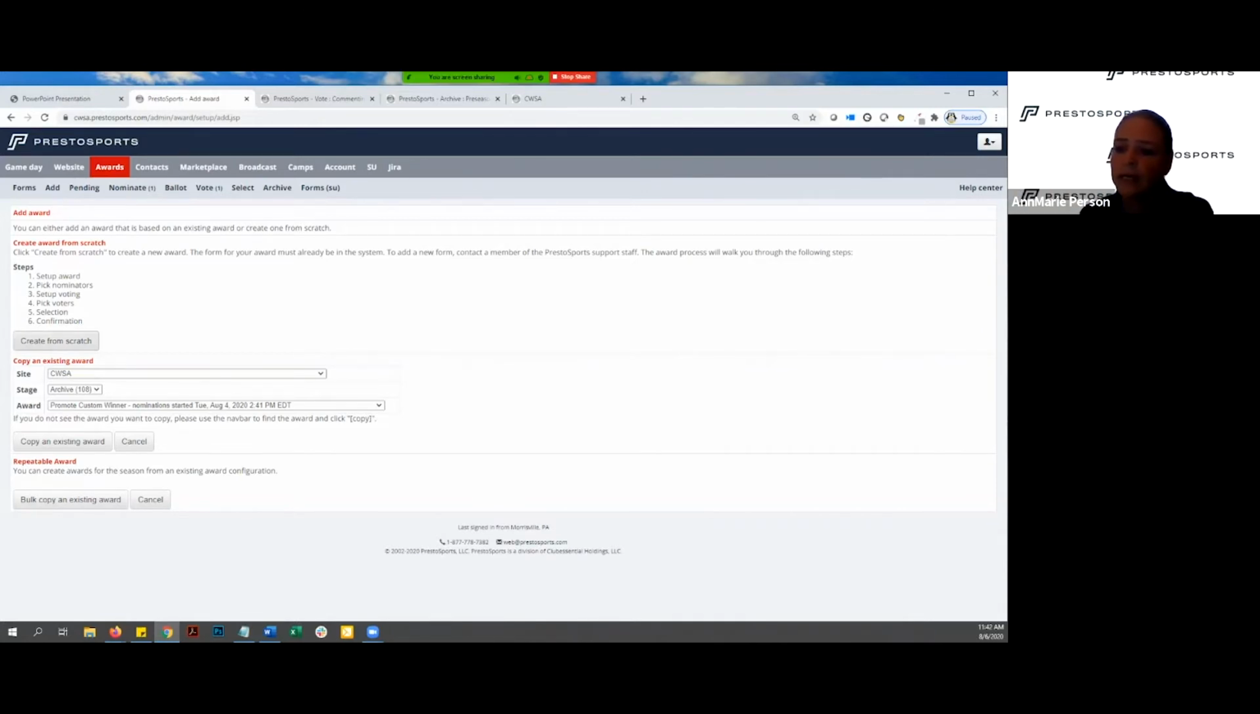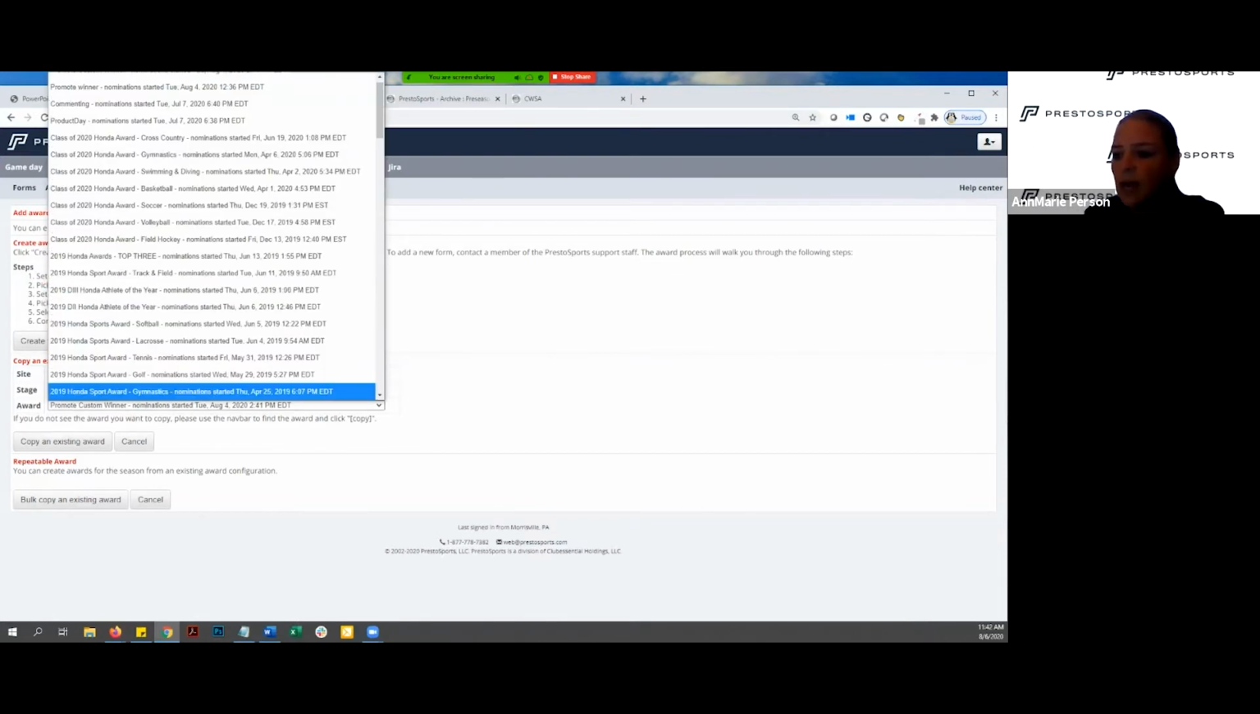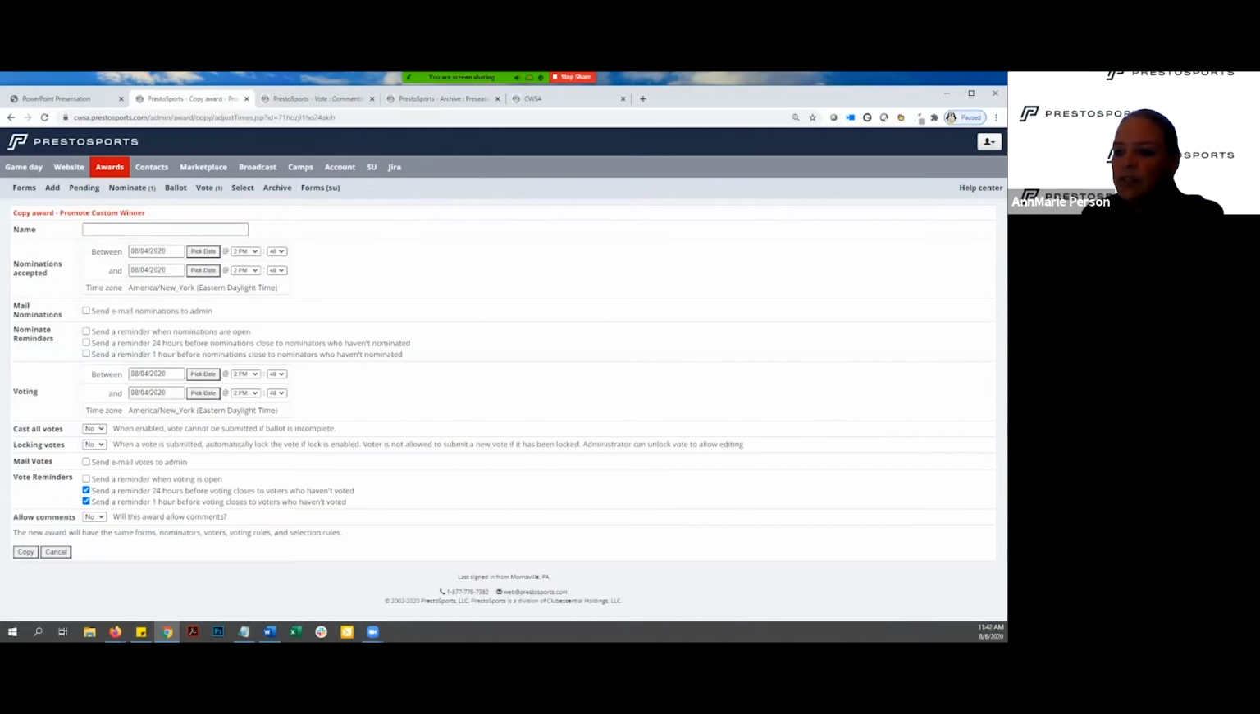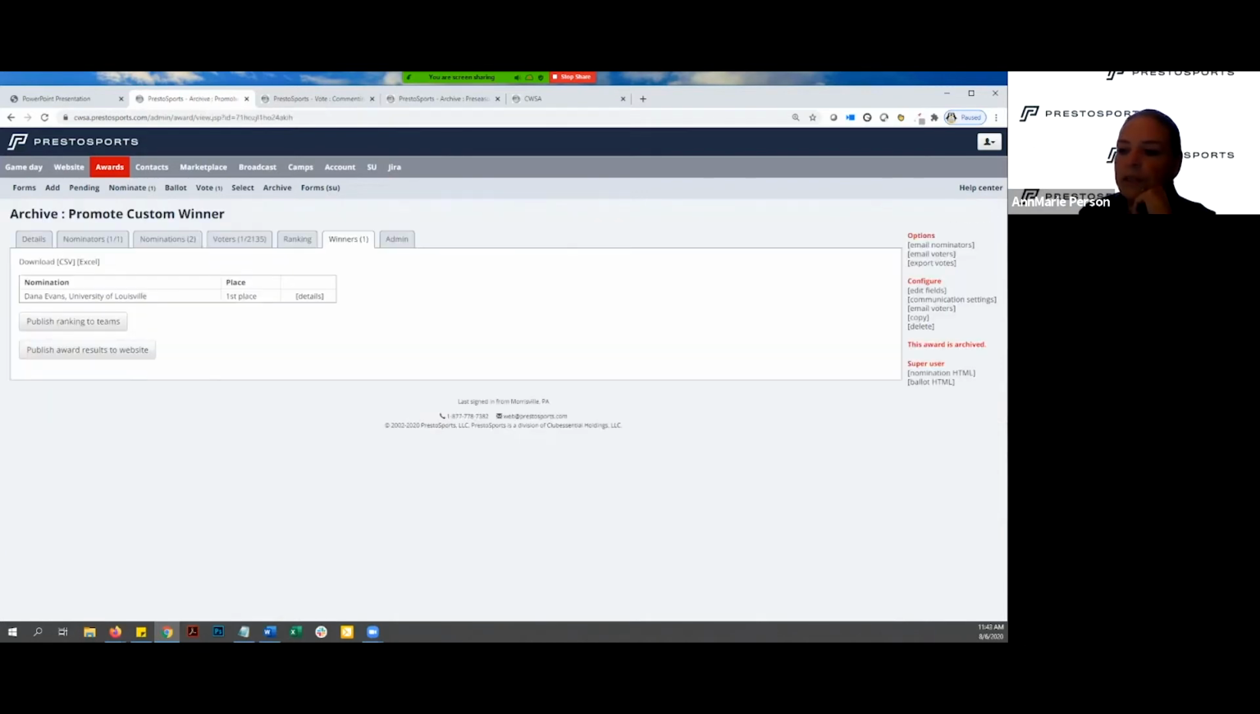Again, with awards, you have the option to create from scratch. You can copy an existing award by choosing an award that you have, and when you click that button, you're just changing the name and the dates and any other extra features you want. But the voting list and the nominating list would all stay the same. You can also